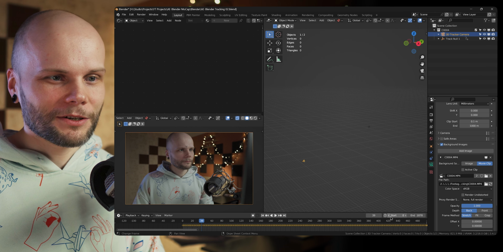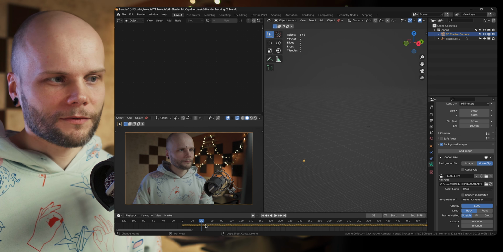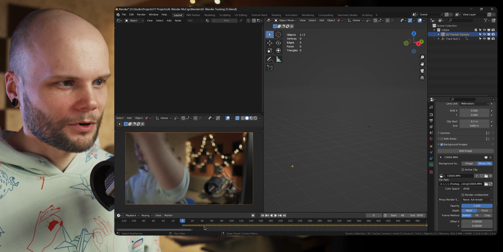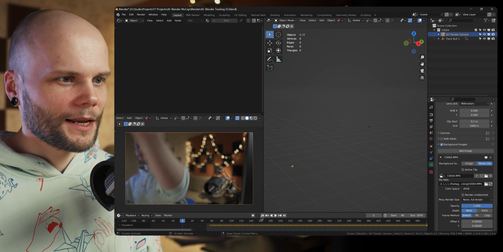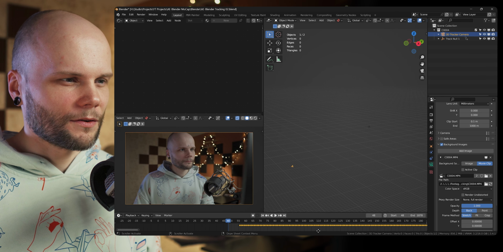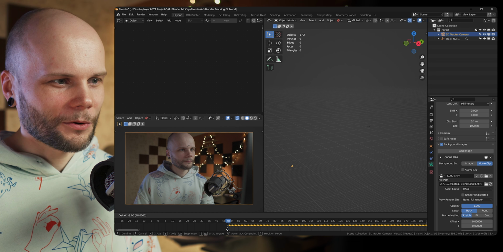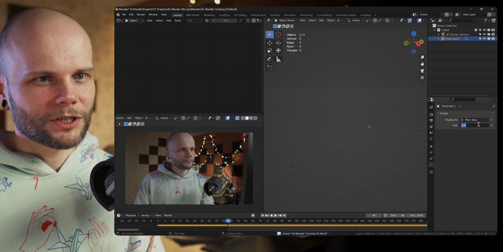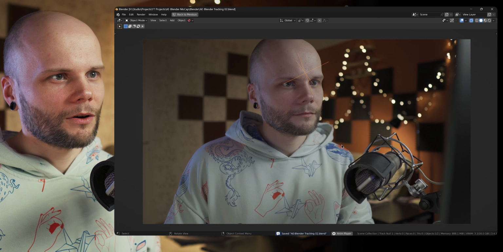That's one thing I'm not sure about, because different apps start either from frame 1 or from frame 0. And judging by the fact that the animation was imported to frame 0, After Effects is one of those apps. So we kind of need to adjust for that one frame, I think. But I'm not sure if it's forward or backwards. So you kind of have to see and check, or just pay more attention, and I'm too lazy to do that right now. But overall,